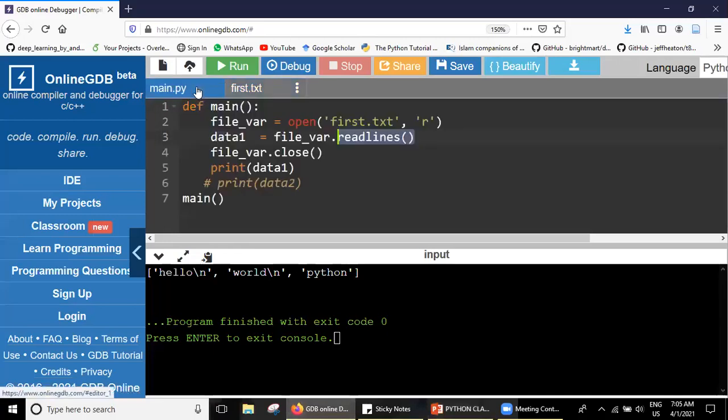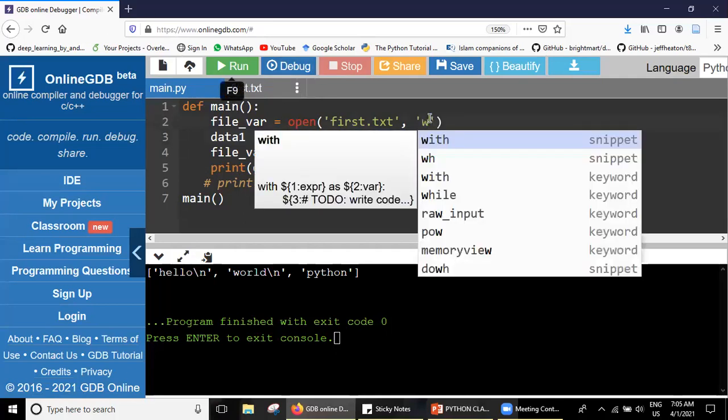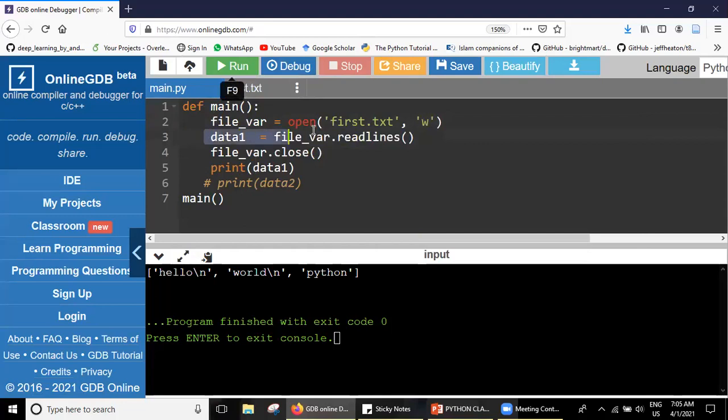Let us see how we can write a number to a file. I want to use the same file again, and this time I want to open it in write mode.